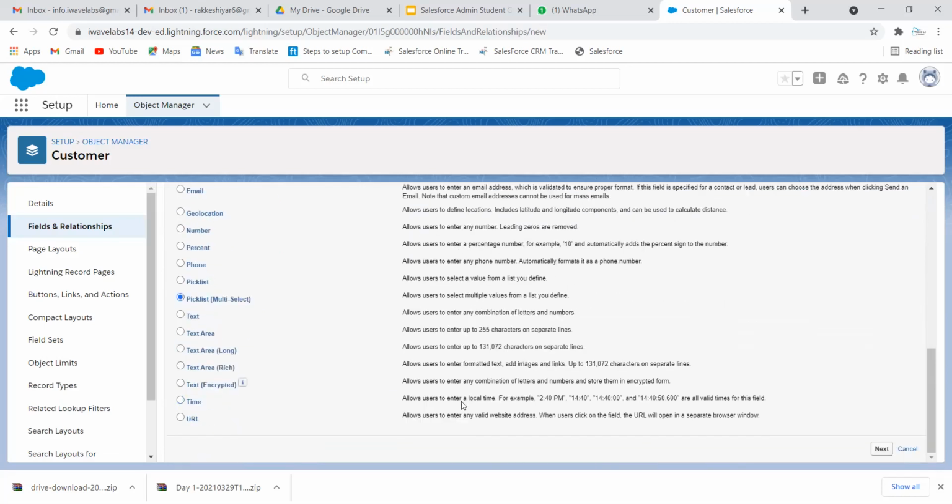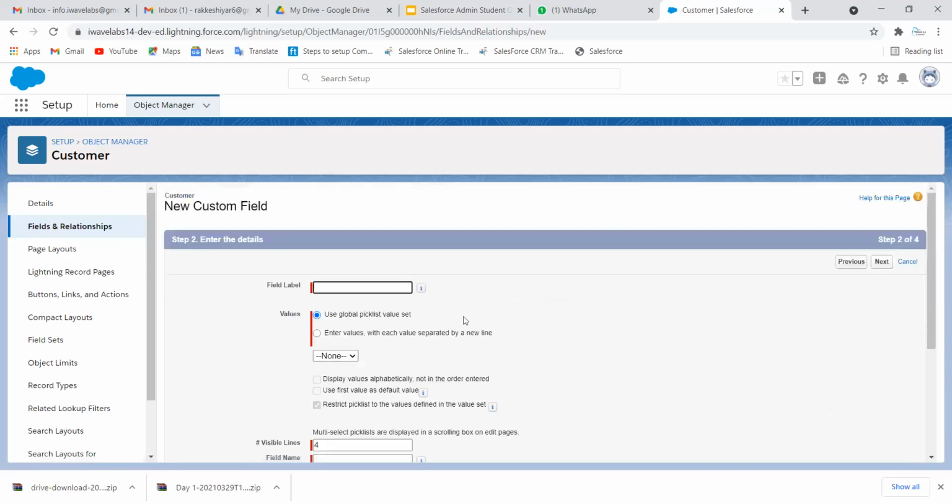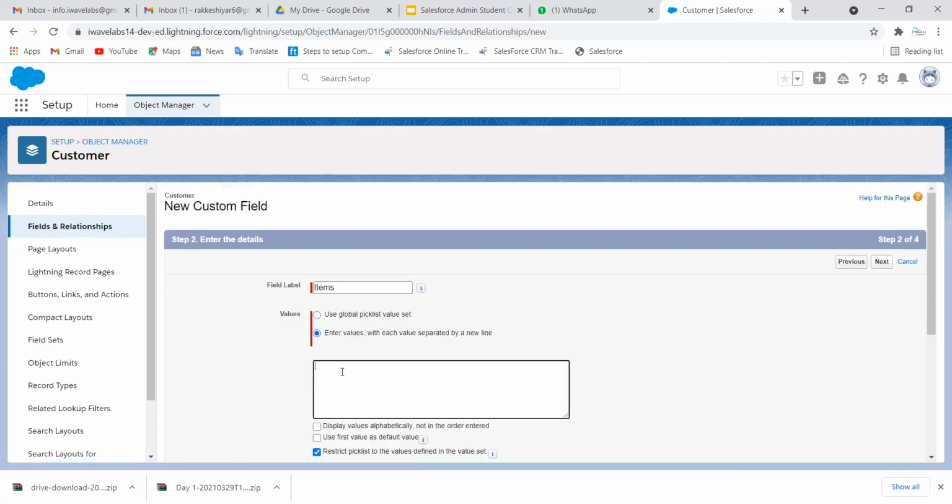More than one information, more than one item you want to select, you can go with pick list multi-select. Click on, for which you can go with item. Enter the values here, like powder,